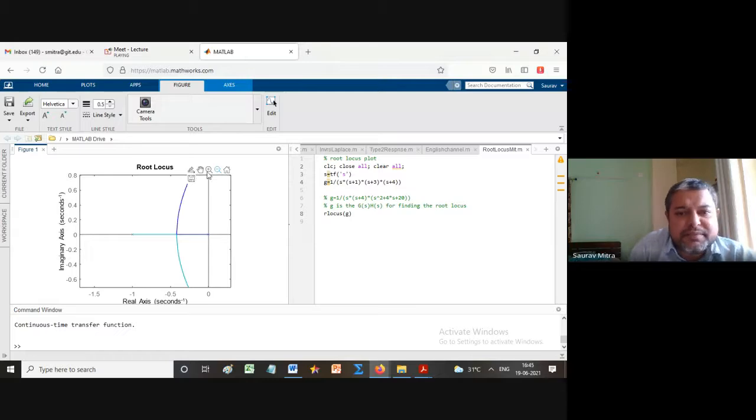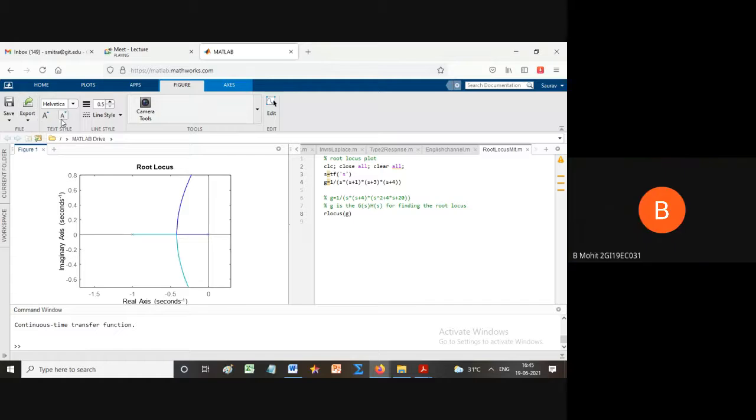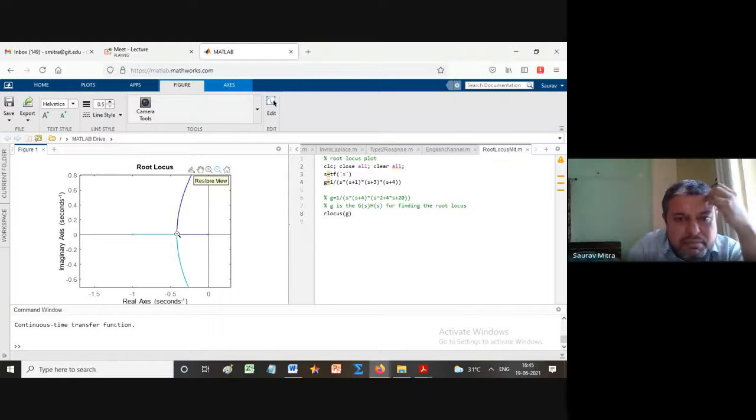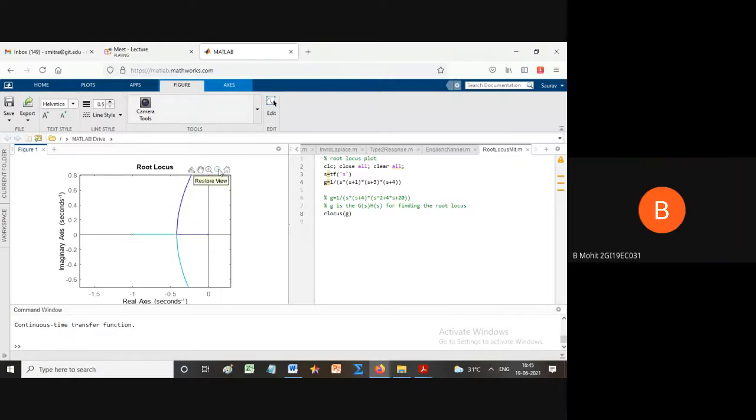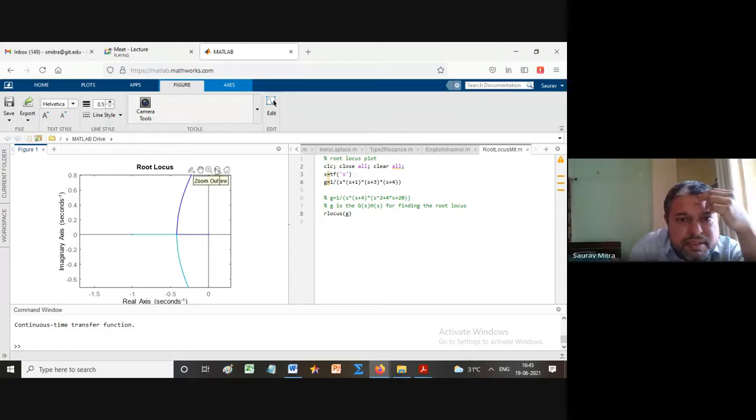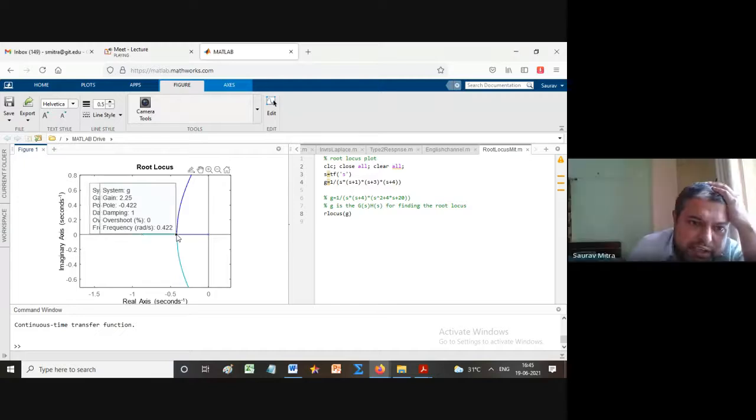What is this? Save. So this is the save thing. This is for home. Tools, amplitude. To see the amplitude, something should have been here. Sir, I think you can still get it, sir. I cannot see the amplitude. Sir, if you click on that minimize button again, then it will go. Then you can check the value, sir. Okay, and then I can get the value. Very good. Thank you. Who is this? Mohit, sir. Mohit. Very good.